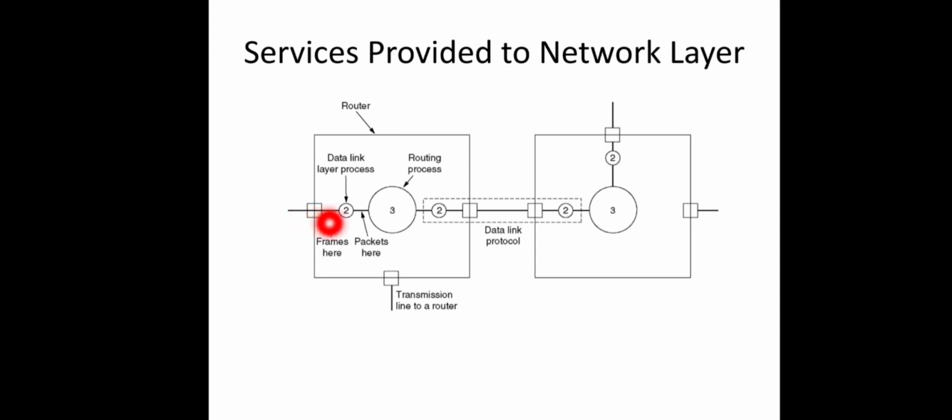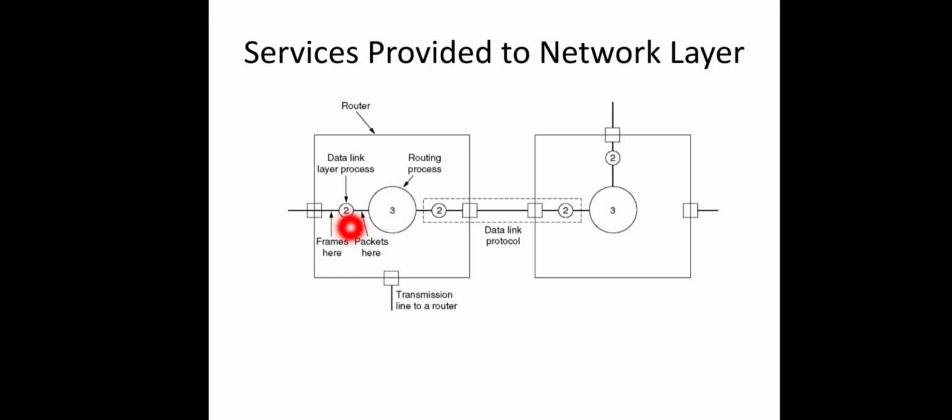There it is first checked for some hardware error, and if there are no errors, then it will be passed over to the data link layer software here. So 2 is actually the data link software, and what happens there is that this data link layer will receive this frame and check whether this is the expected frame or not. And if it is the expected one, it will pass over the corresponding packet part to the routing process. Routing process is actually the network layer.